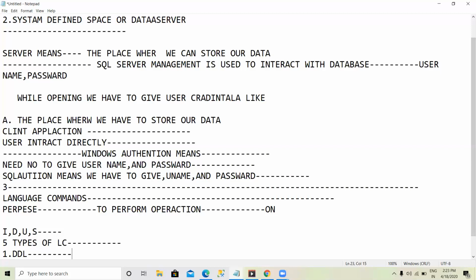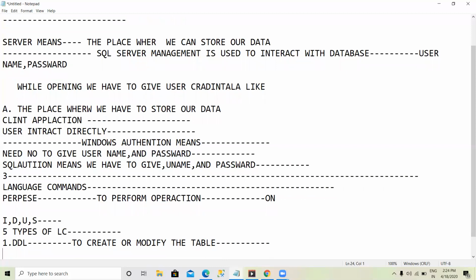Data definition language commands. These commands are used to create or modify the table.